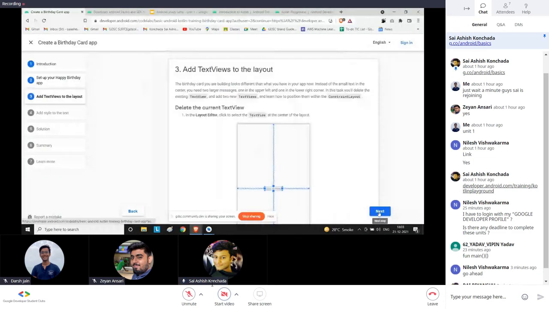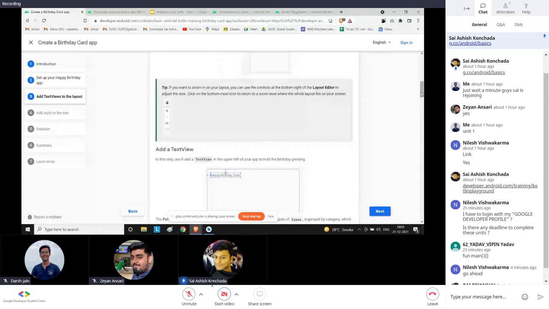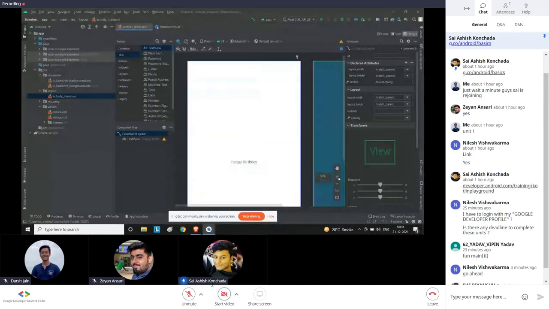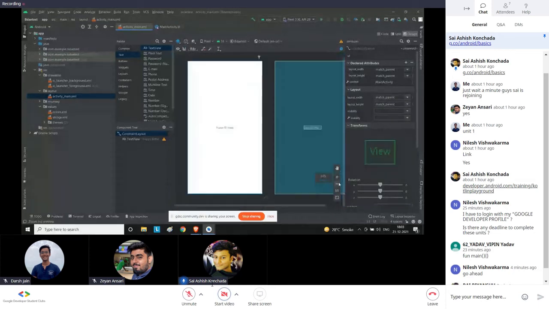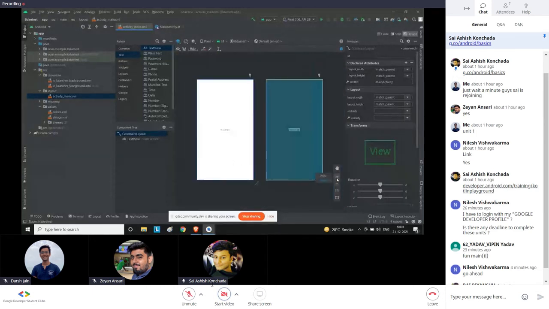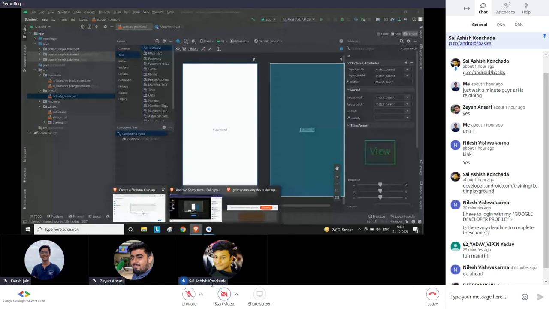So let's see what is written. In the layout editor, you have to select text view, and they have just shown this interface. I use this plus sign to zoom in. This one, right? It is used to zoom in. This is used to zoom out. These are some ratios, aspect ratios, 1:1, and everything. Basically, so that you can navigate for easier access.